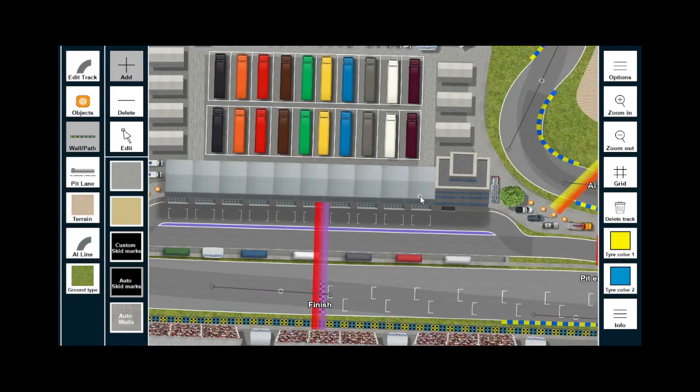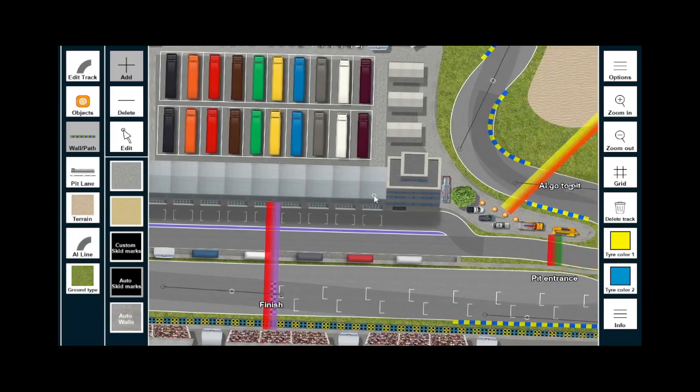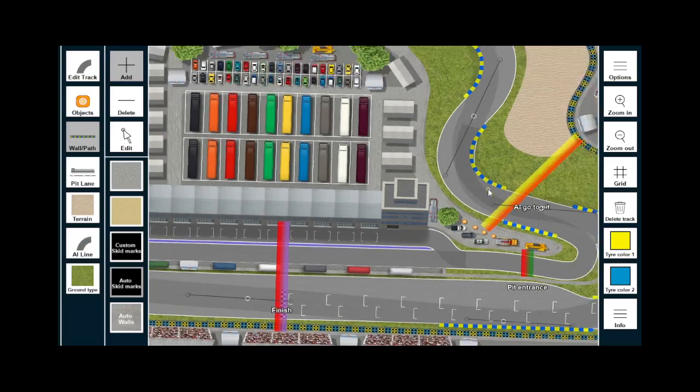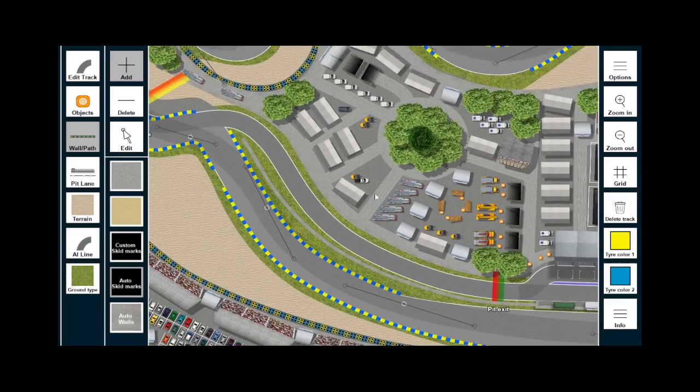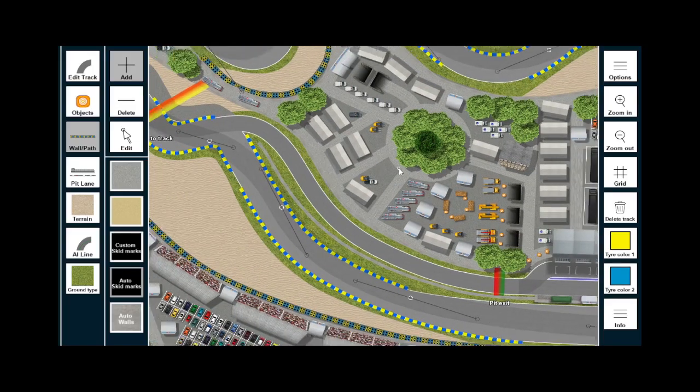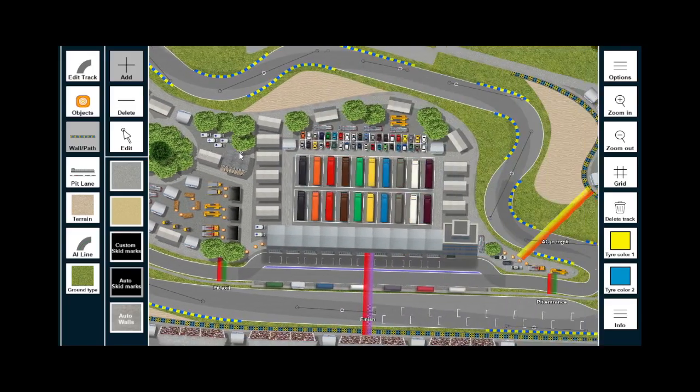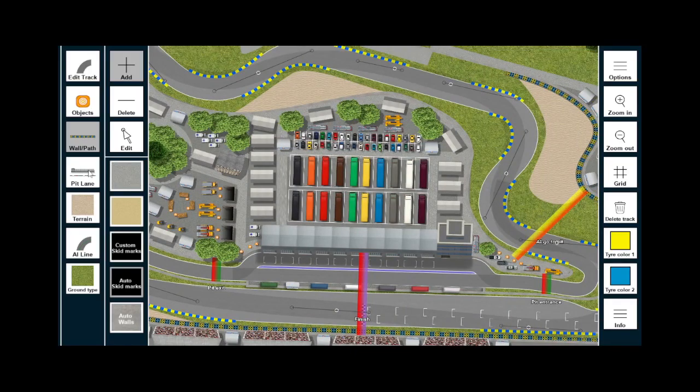But yeah, also one thing that always happens as soon as the AI touches this pit wall and uses this line is that they're gonna have lower acceleration, but they're also gonna have full grip always. I guess it's to make their entry and exit easier. And yeah, that's it. So last thing to do is to go here,